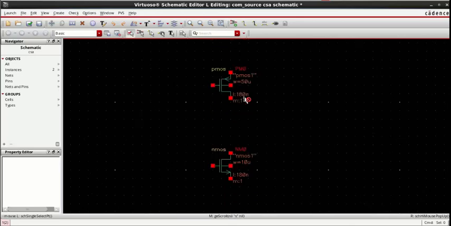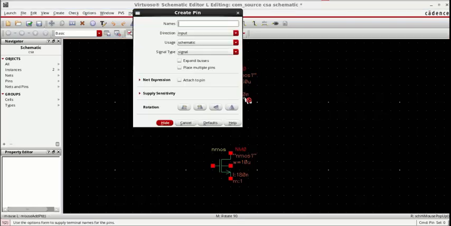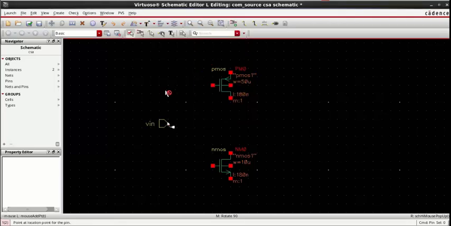Now for the pins, we can take the wire first also, but let us take the pins first. For pin, I press P. First I will take all the input pins. What are the input pins? We need one input voltage, Vin. For biasing, we need one bias voltage, let's say Vbias. Then the power supply VDD and the negative power supply VSS. These are the input pins required for the common source amplifier. We hide it. Now let's connect them one by one.